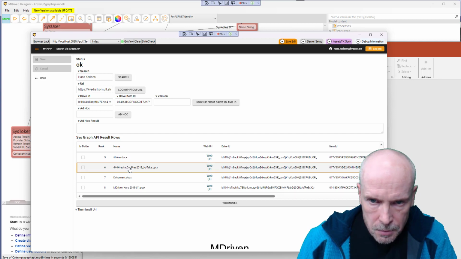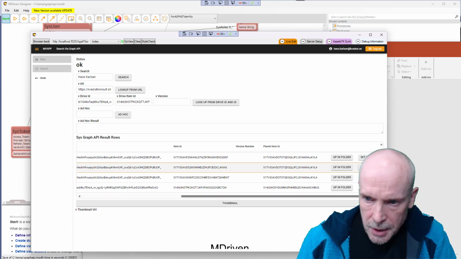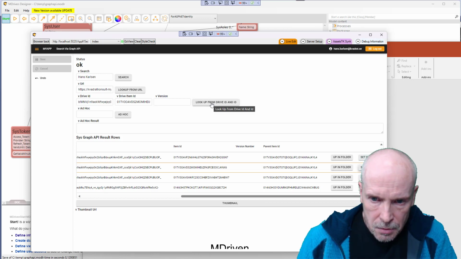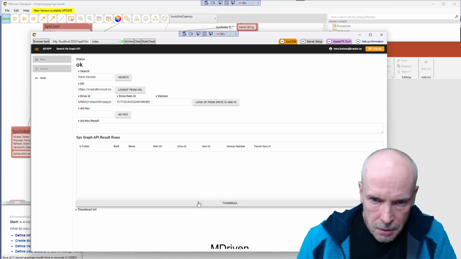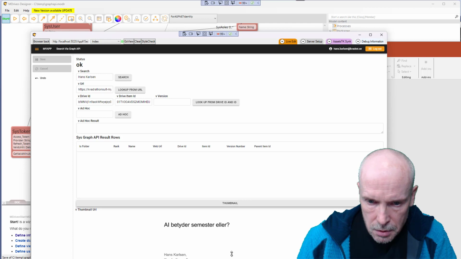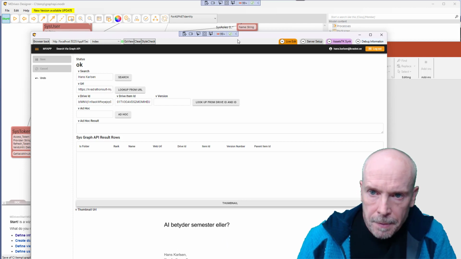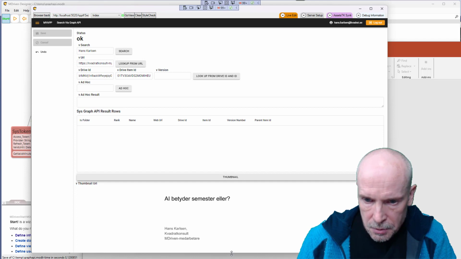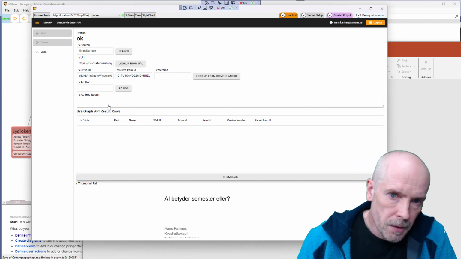Let's take this one, and this UI is a bit clunky, but it's just made to show you the different operations. So I'm gonna look up the thumbnail for that one. Yeah, so there's not much in these documents as it comes to thumbnail information, but